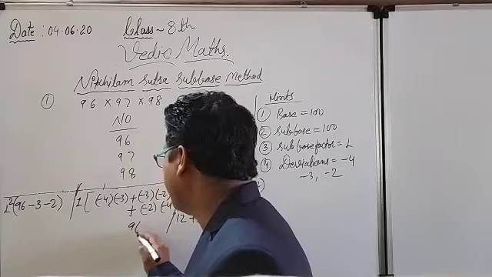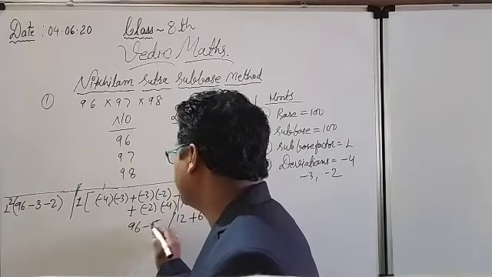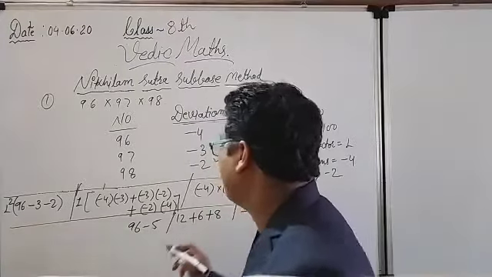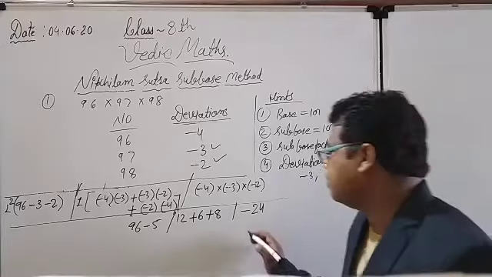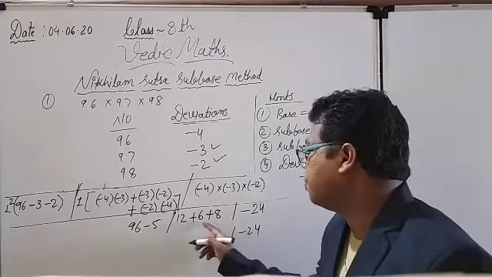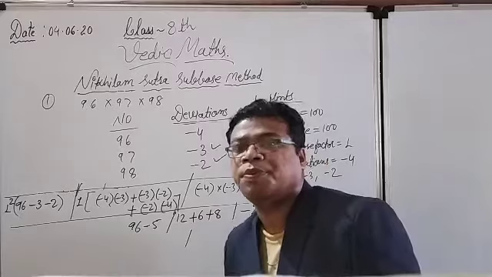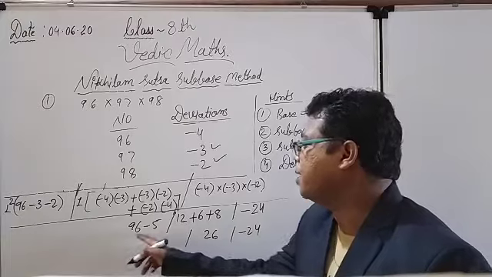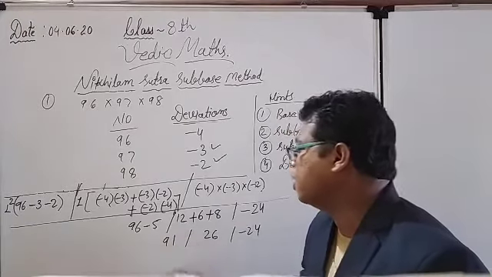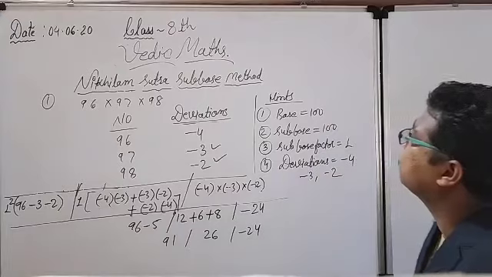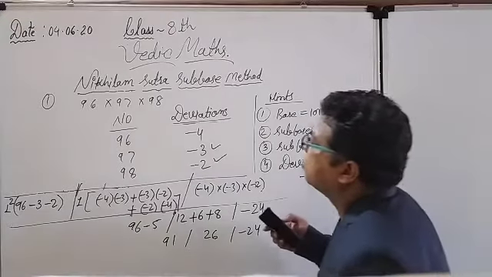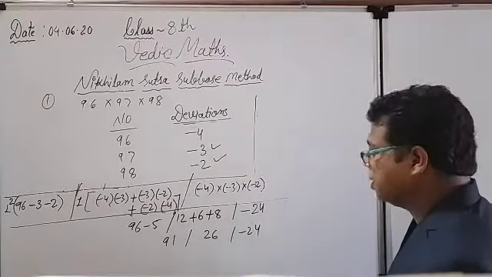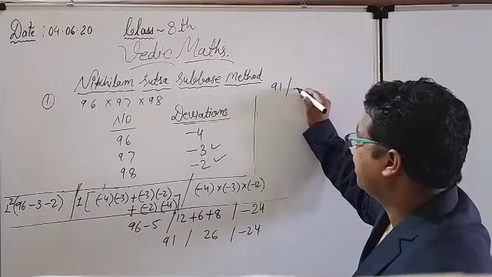So 96 minus 3 and minus 2 will represent 96 minus 5. See here, 96 minus 5. Okay. Right, now see, minus 24, 12 plus 6 plus 8. 12 plus 6 is actually 18. Okay, and 18 plus 8 is 26. 96 minus 5 will give me 91. Right, now see, I am solving the things on the upper side. Here. See here. These are the things, 91 slash 26